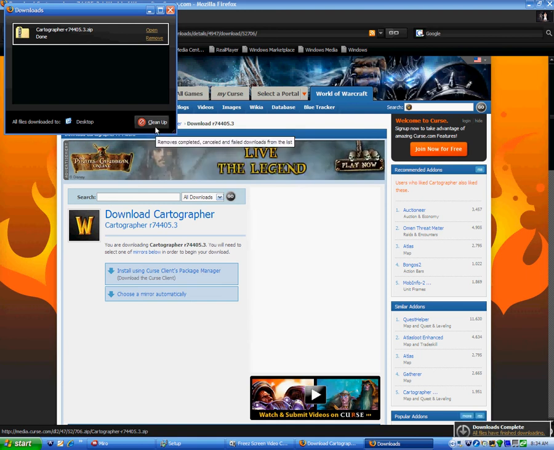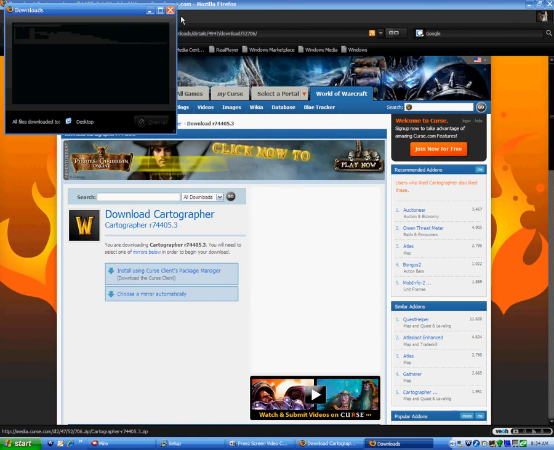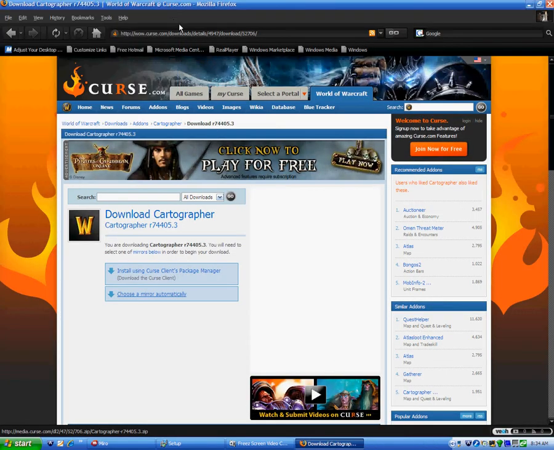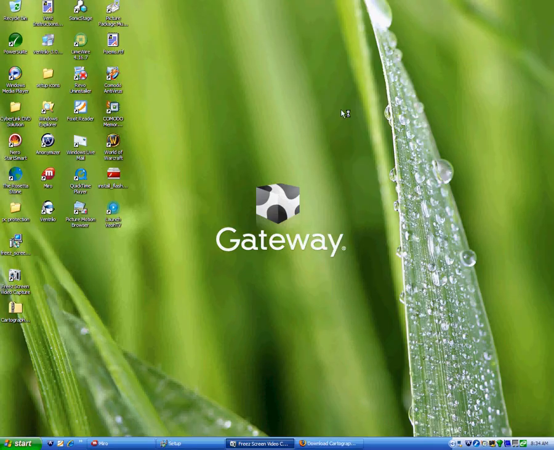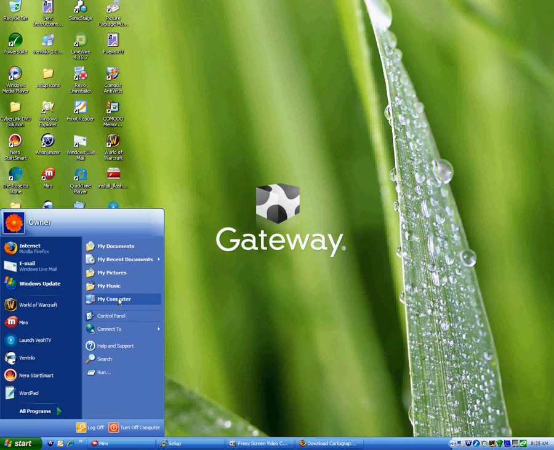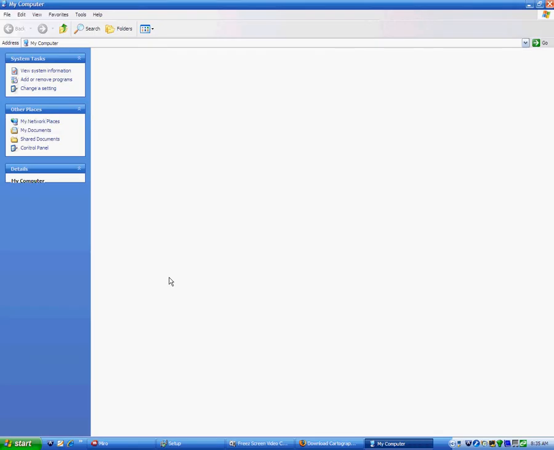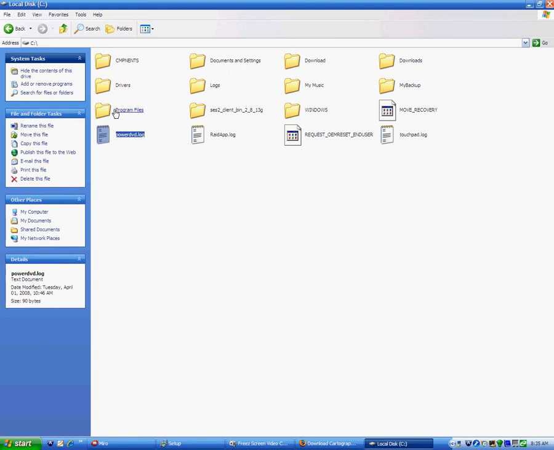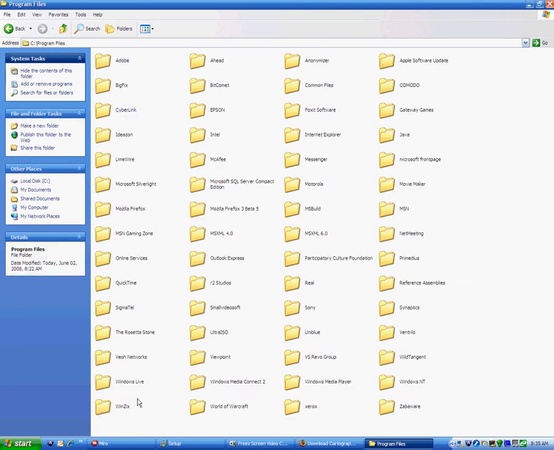Let's close this. Let's bring it down. All right. Now I saved it on my desktop, it's my default. Here, as you see, this is a zip file for Cartographer. Now, to get to the add-ons folder, you can press Start, My Computer, Local C Drive, click on that, Program Files, look for World of Warcraft, click on that, go to Interface,